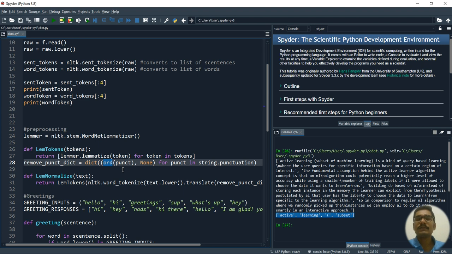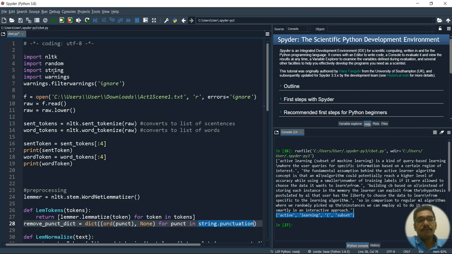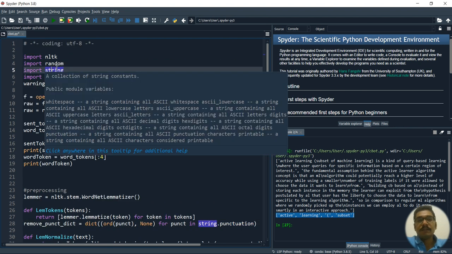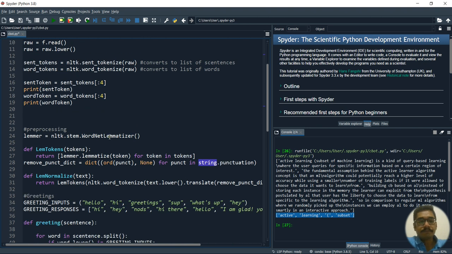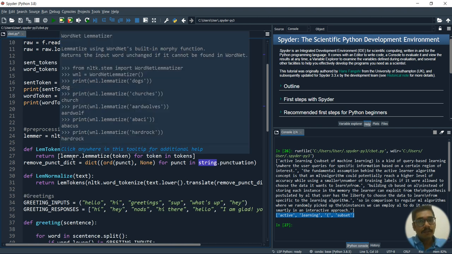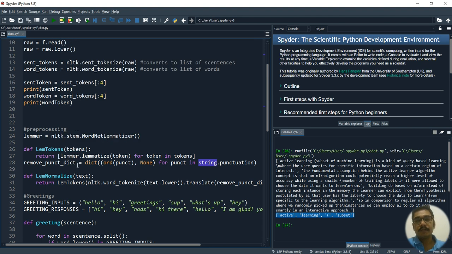You can just Google for these things, they are openly available. And this thing you do for all the punctuations present in string dot punctuation. For this we have used the string library. So that is done for each of the tokens which the user gives to the chatbot.